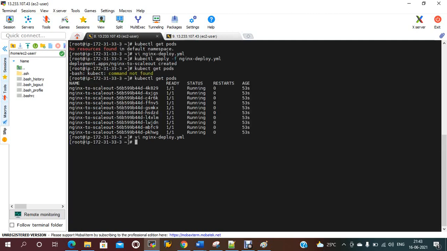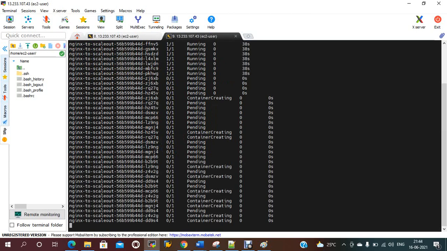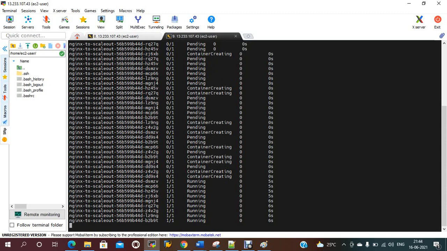Let me check: kubectl apply -f nginx deployment. Now if you check, it will be creating more pods. My replicas are 20, so now it should be creating more pods.